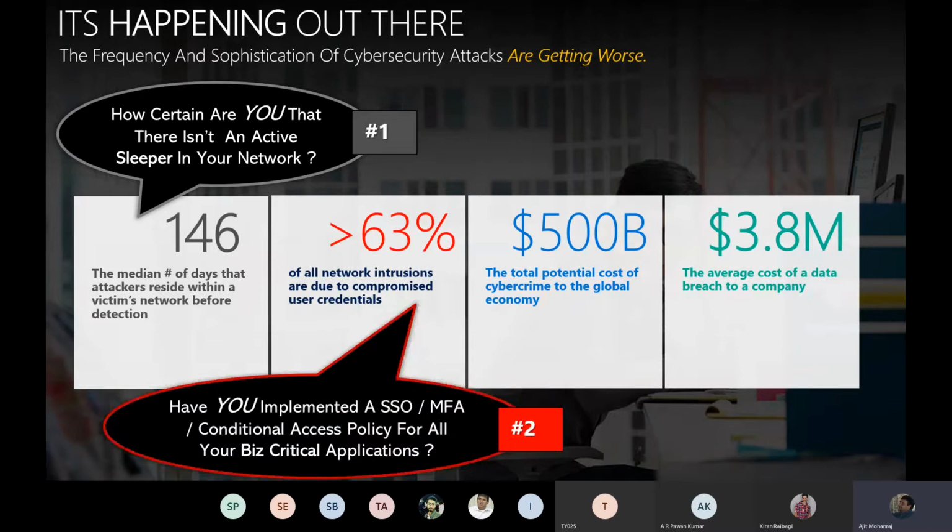Number two, the biggest thing. I'm sure numbers change, but I've seen a number as high as 72% of all intrusions actually beginning with weak identities. That's becoming a sort of pigeonhole through which attackers come in most of the time, with identity-based attacks. So the question again to you is, have you implemented something beyond usernames and passwords? Forget about the fact that a password has to be unique and so many characters. Have you implemented a single sign-on kind of environment in your organization so that end users don't have to remember many passwords?